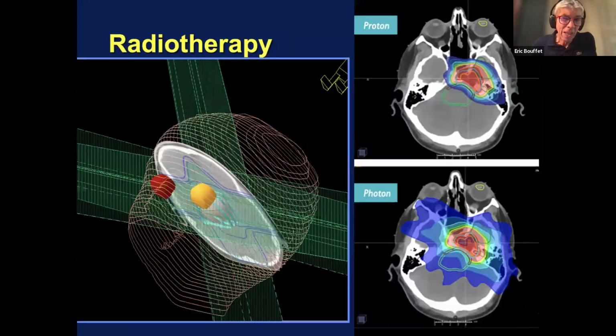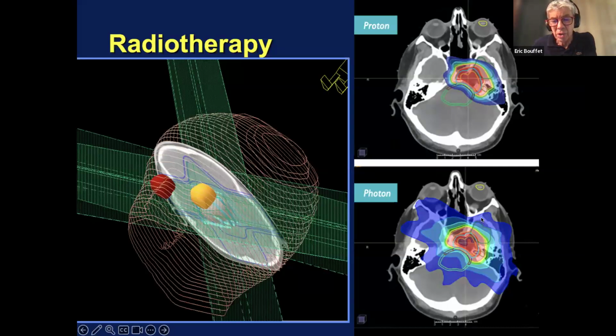Not that radiotherapy is bad, and you can see here that with the new technique of radiotherapy, you can irradiate much more specifically an area of the brain. So this is with photons, with modern conformal radiation, and you can see you still have a large area of brain irradiated, but this is with proton. Of course, proton is not everywhere in the world. There is proton in North America, in some countries in Asia, in Europe, not in Canada. It's not a technique that is available, and often you have to deal with photons that give a much larger